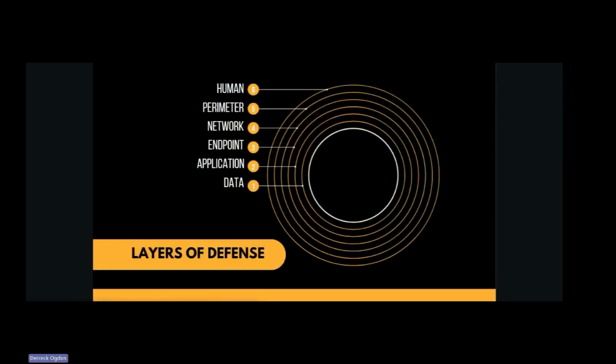So let's talk about your layers of defense. And I asked earlier on a previous slide, what do you think your biggest threat is? And I can tell you right now, it's you and your people. It's that outside human layer. Because no matter what you do on the inside, it's all going to be dependent on people. Somebody is going to have a password. Somebody is going to have global admin rights. Somebody is going to have to be sending and receiving emails.